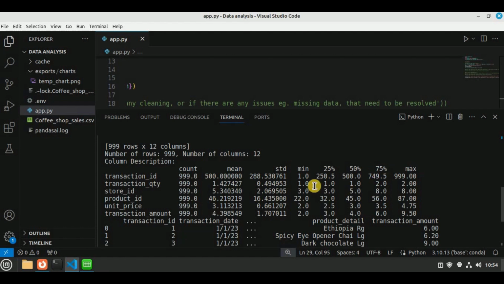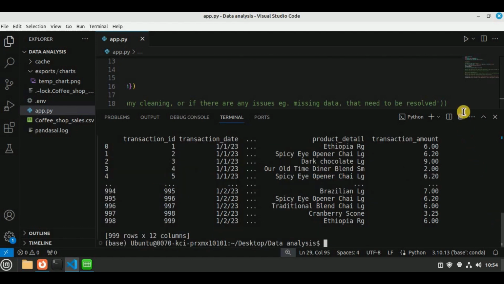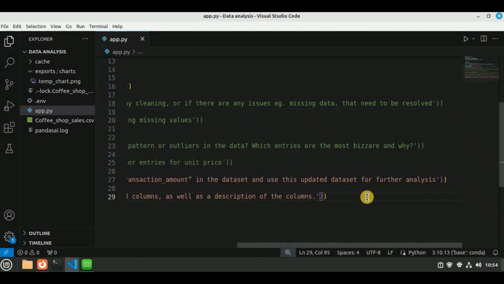So instead of providing the description of the columns along with the data type, it has provided us this information, but we can also understand the data type of columns from the provided data. You can see that all of these columns for which it has calculated these values have the data type of float, and all others have the data type of string. Because of that, these values for those columns were not calculated. So up to now, Llama 3 is providing us the appropriate responses.